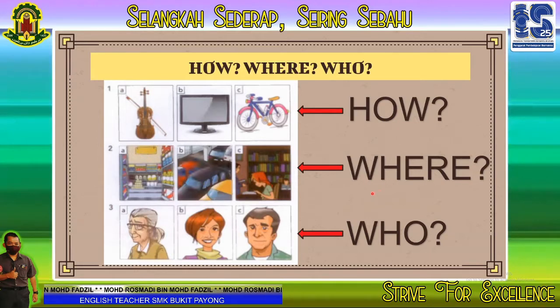We want to create the questions for this. For number 2, we might use the word where. For number 3, we might use the word who, and for number 1, we might use the word how. Now let's read the instruction. You read the instruction.